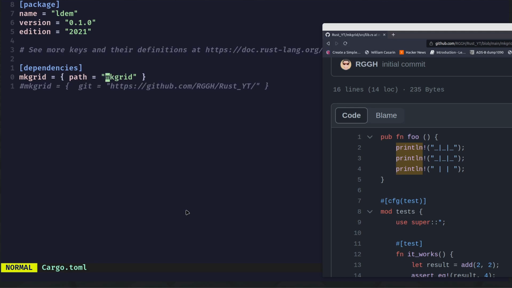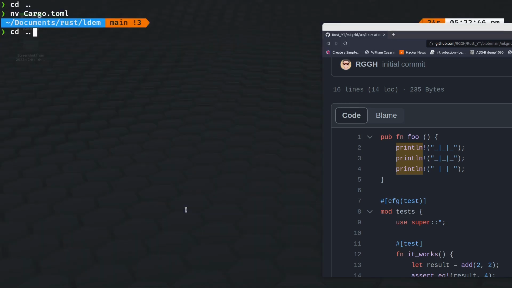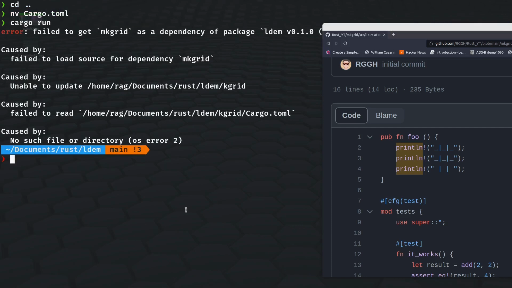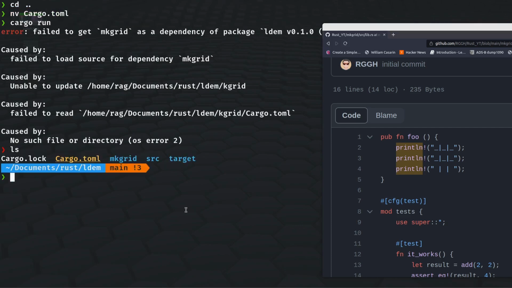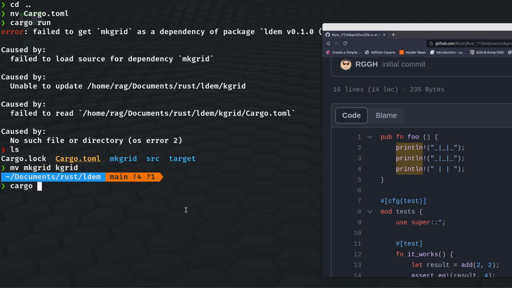So if I changed that to, let's call it kgrid, obviously it won't compile now because it can't find kgrid. But if I rename that, if I do move mkgrid to kgrid, then if I try and compile it,